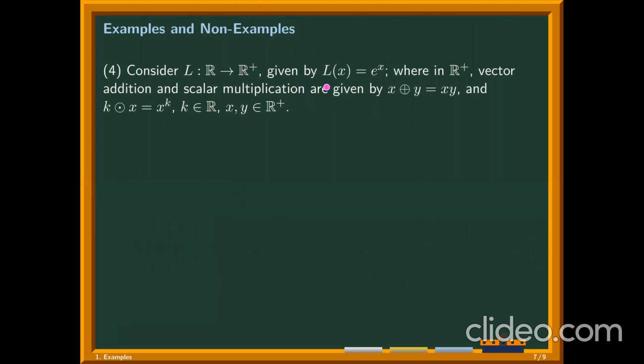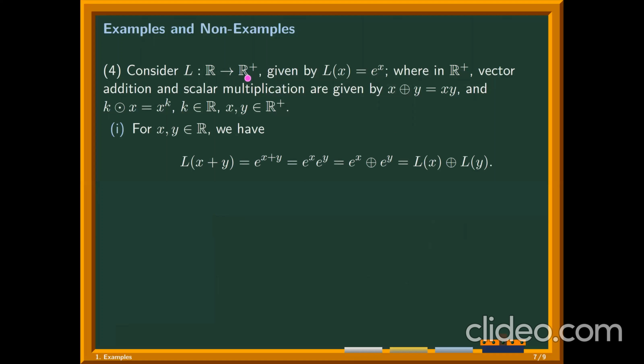Suppose L is given by L of X equals e raised to X. So e is the natural number, and L of X is the exponential function. Let's check if this function defines a linear transformation of R into R plus, the set of all positive real numbers. For the first condition, we take two arbitrary elements of the domain and compute L of X plus Y,